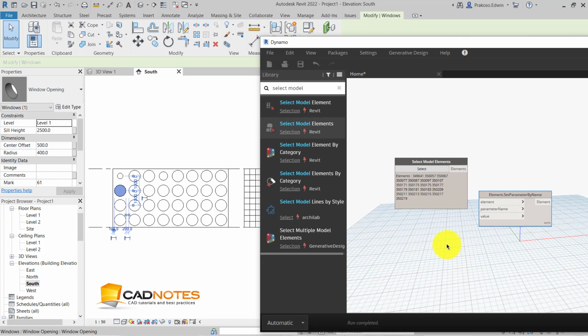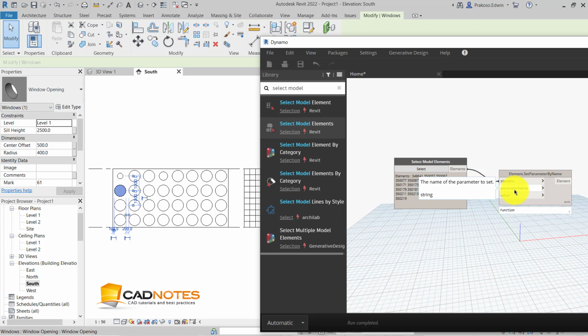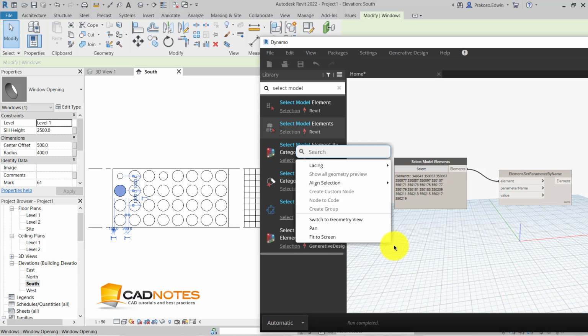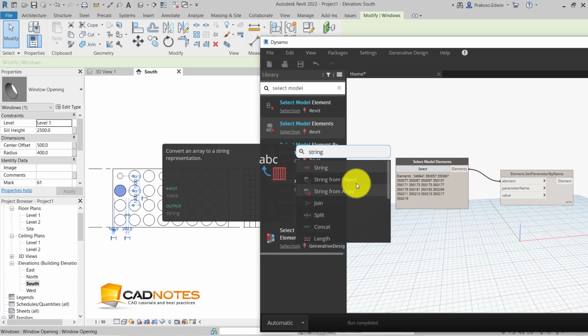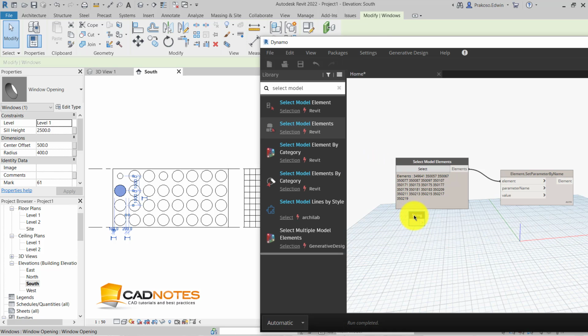The elements, of course, are these circular openings. It requires a string; you can see that the parameter name should be a string, so we can add a string node. Now we can type the parameter name, radius.